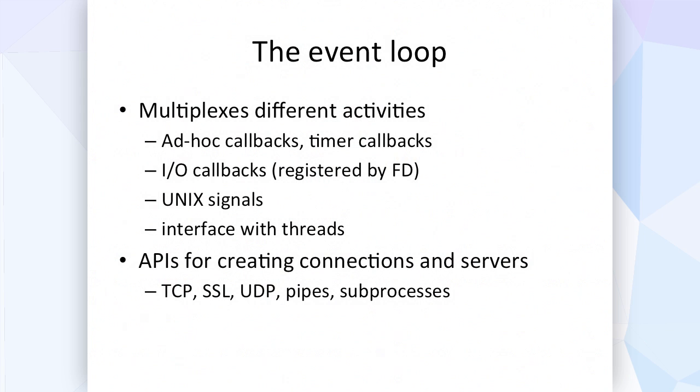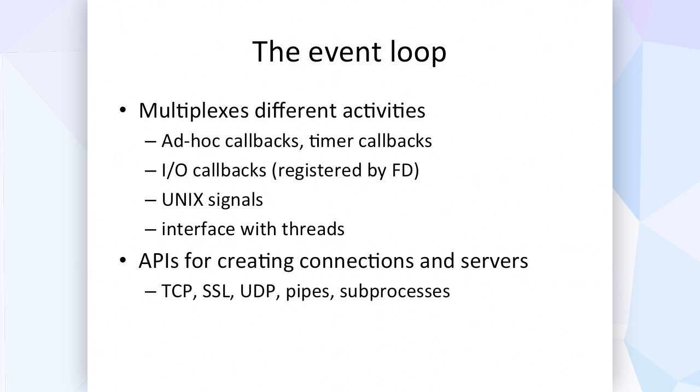So, a completely different topic, the Tulip event loop. What's an event loop? It multiplexes different activities. And in the Tulip case, the activities that are being multiplexed are various callbacks, like call something soon or call it at a particular time or after a certain delay. There's also I/O callbacks. You can register something that says when this socket or pipe file descriptor is ready for reading or writing, call my callback. That's taken care of by the event loop, although the hard work is actually done by the selectors